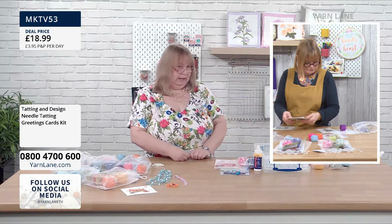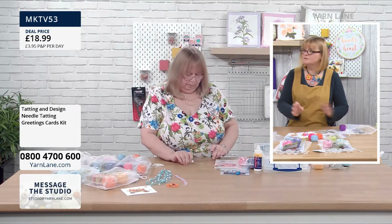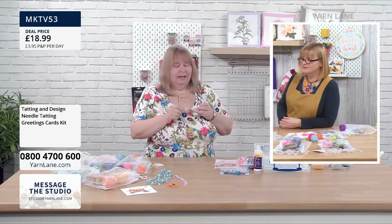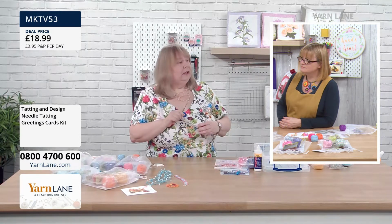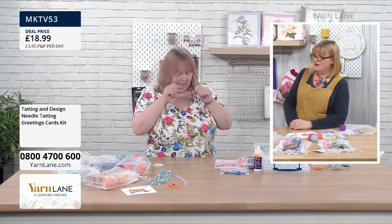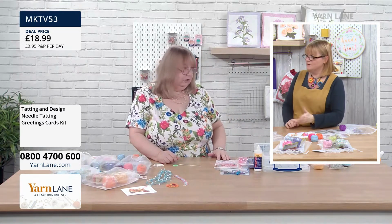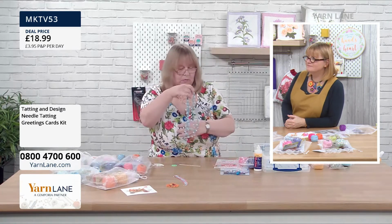It depends what I'm using. Needle tatting is super if you've got much thicker thread. Right. But my go-to will be the shuttle because that's what I learned first. Okay. And I think it is what you learn first that you go back to, probably. Yeah, probably. But all of the patterns for tatting can be done with the needle or the shuttle. Oh, okay. It's just that you make the stitches in a different way. Oh, well, that's good to know. So they are interchangeable. So if you've bought the needle tatting kit, you can do the shuttle tatting with it. You can do shuttle tatting with the pattern and vice versa. Right. So buy one of each and then you can swap them over. Yeah, and then you've got the patterns. Because you can make this quite easily with...